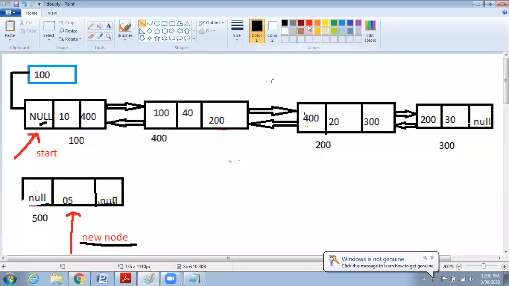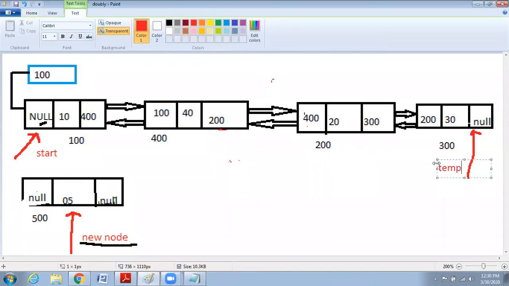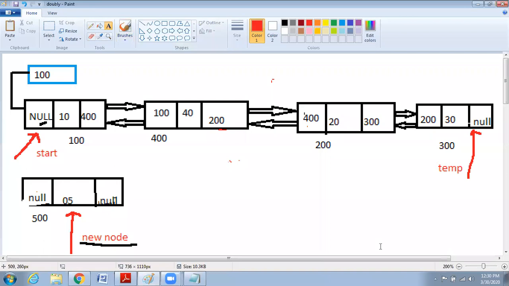So now this node is our temp node. Now let me know logically, you tell. Temp's right, what value? Temp's right equal to... Now you want to change temp's right equal to 500. Programmatically, tell: temp's right equal to new node. Exactly. And this is new node. New node's left equal to...